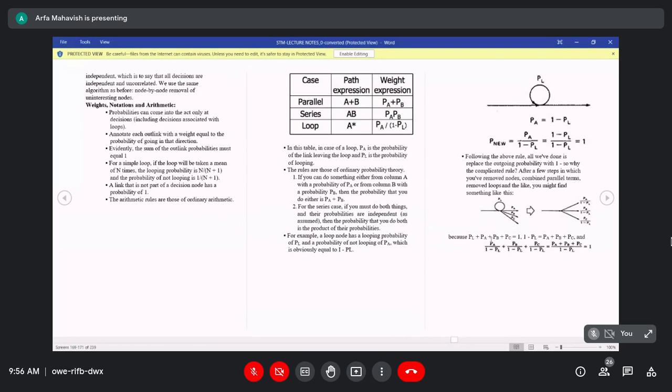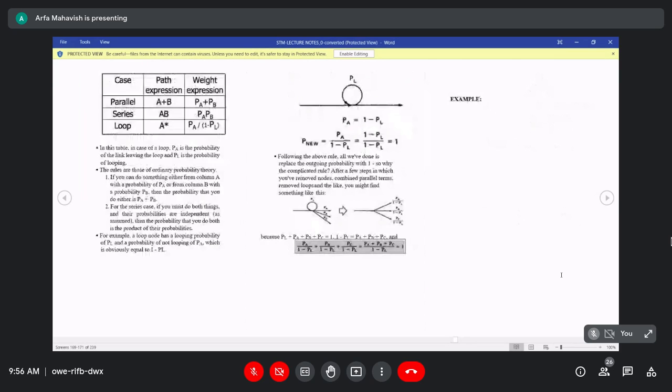Because PL plus PA plus PB plus PC is equal to 1, 1 minus PL is equal to PA plus PB plus PC. So PA by 1 minus PL plus PB by 1 minus PL plus PC by 1 minus PL is equal to PA plus PB plus PC by 1 minus PL, which is equal to 1. We are getting this.